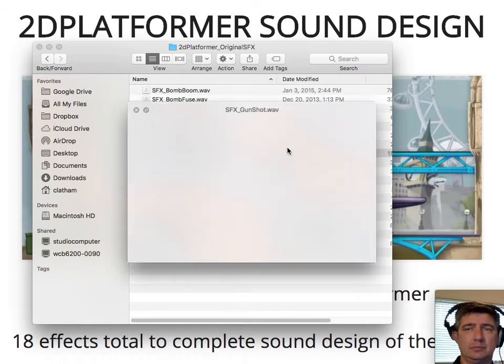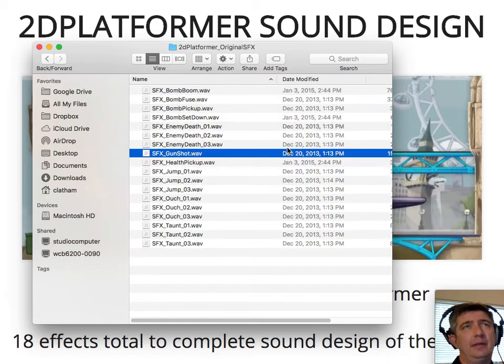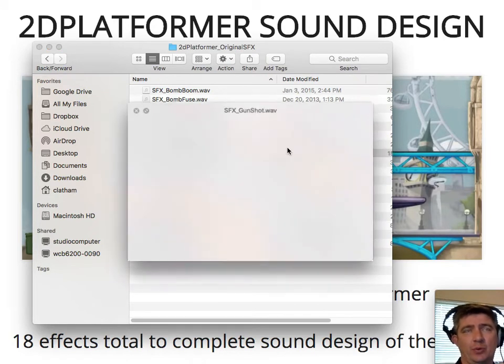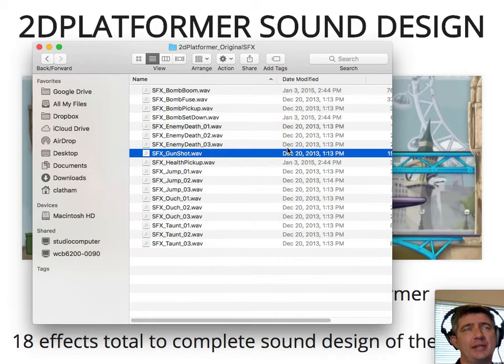Gunshot. This is when you fire the weapon. When you left click the mouse, it'll trigger this sound. Notice that sounds more like a gunshot and not a kind of bazooka or rocket launcher like the character actually holds. You do not need a long rocket launch kind of sound because the player is going to be hitting the button very, very quickly. And you do not want these to stack up and overlap. So a quick, sharp gunshot kind of sound will work. Or some sort of blast.